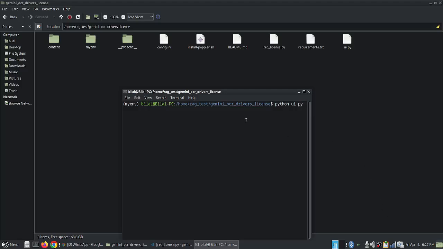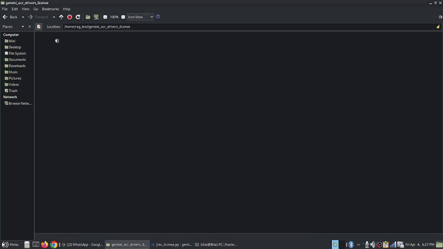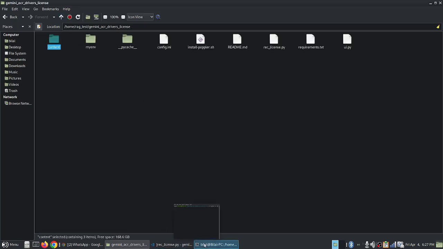Hello. So basically, this is a demo of an OCR system that identifies and extracts information from driver's licenses. We have a content folder, and here I have placed two image files, and we have an output folder where the extracted information will be placed. So when I run the program,